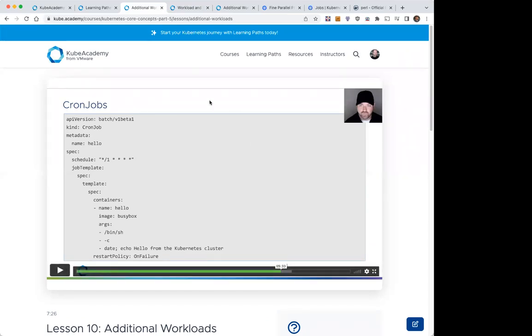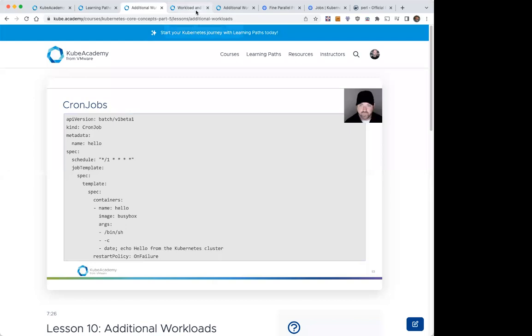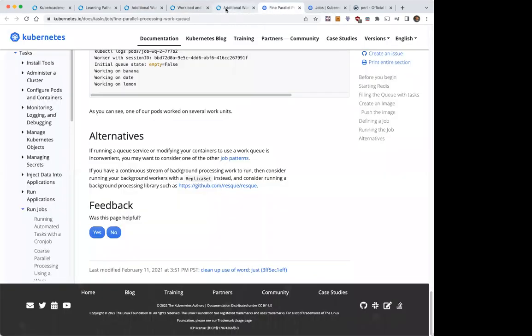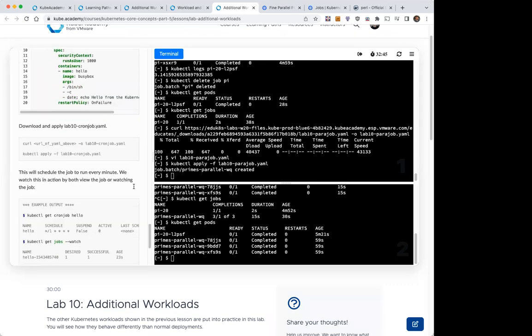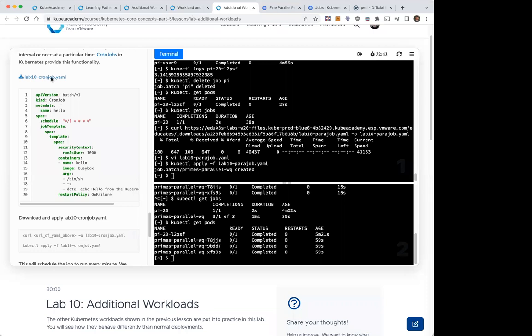The important part is the behavior and the differences between the job in regards to cleanup and times it runs. So when I did a lab on this, it was up to me to go back and clean up those job objects, which cleaned up the pod objects, as opposed to if I run a cron job in Kubernetes,